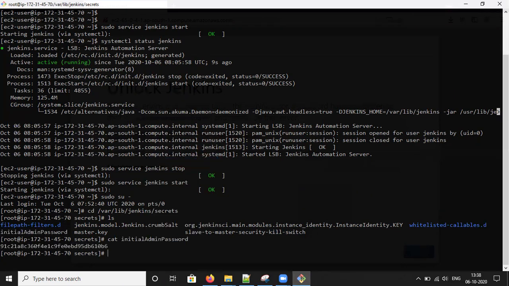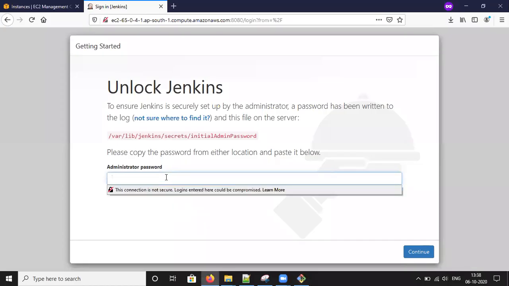Using the cat command, I'm opening that file. So copy this initial password and paste it here. Click continue. If it is the first time, it will ask you to customize Jenkins.